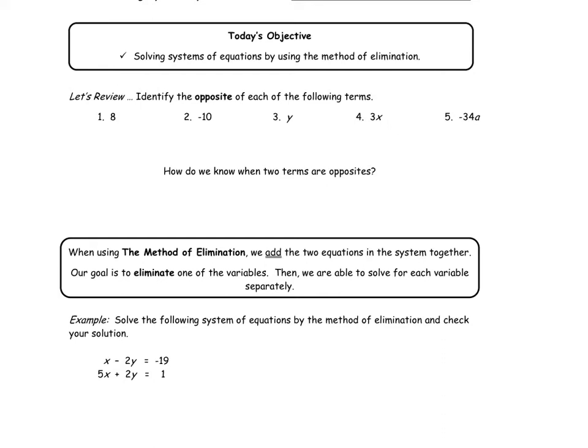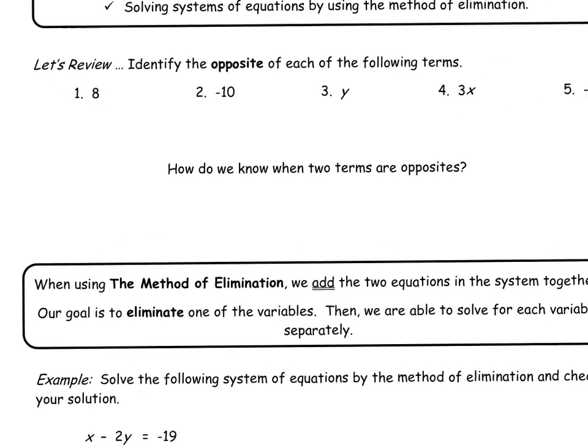Okay, so for this method, we're going to be using the method called elimination, which means getting rid of. So if you see a positive 2x and a negative 2x, you can add them together. 2 minus 2 is 0, and that gets rid of one of those terms. So the idea with this first part here,